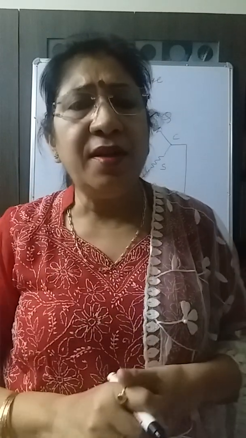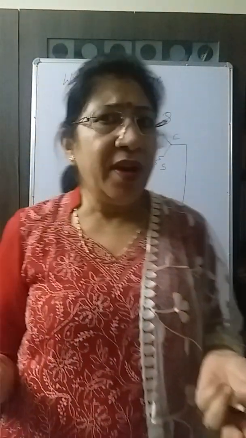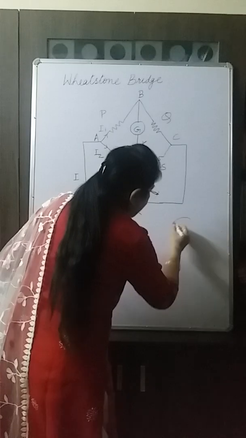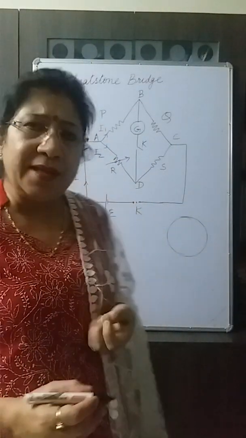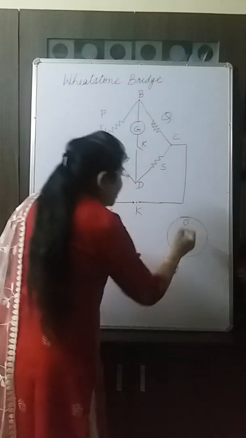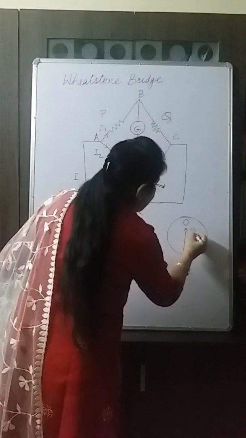Now the galvanometer is a device which detects current. It is an electrical device. It can't measure current. We can convert it into an ammeter to measure current. But basically, since you have not seen a galvanometer, the face of the galvanometer is like this, and there is a needle which points on 0. The 0 is at the center. On either side of 0, there are divisions.